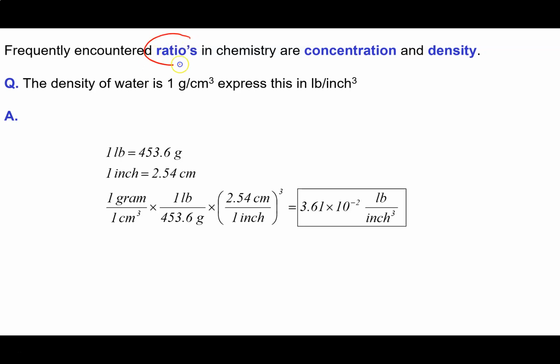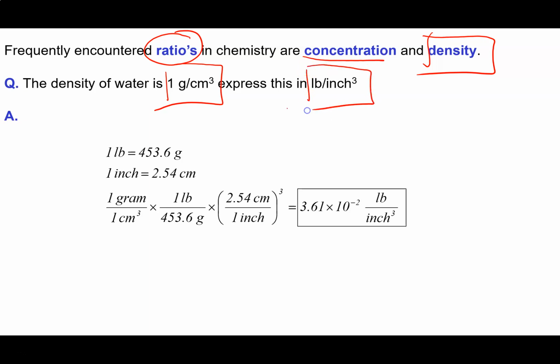Other ratios that we're going to encounter in chemistry: concentration I mentioned previously, and density, we've seen that in other videos. So it's probably well known that the density of water is 1 gram per centimeter cubed. We're going to convert this to pounds per inch cubed. So I'm going to have to convert this unit here to pounds, the mass unit, and then the volume unit I'm going to have to convert from centimeters cubed